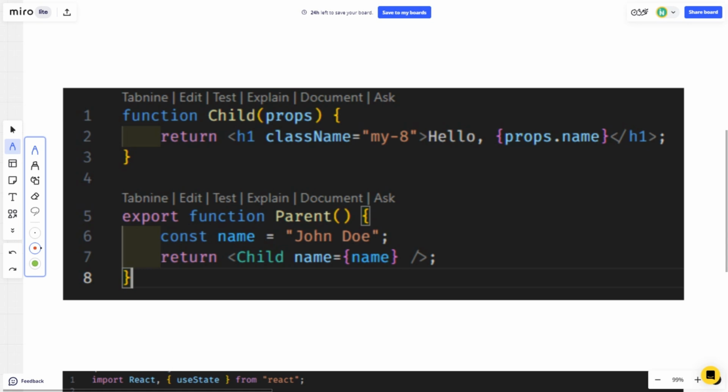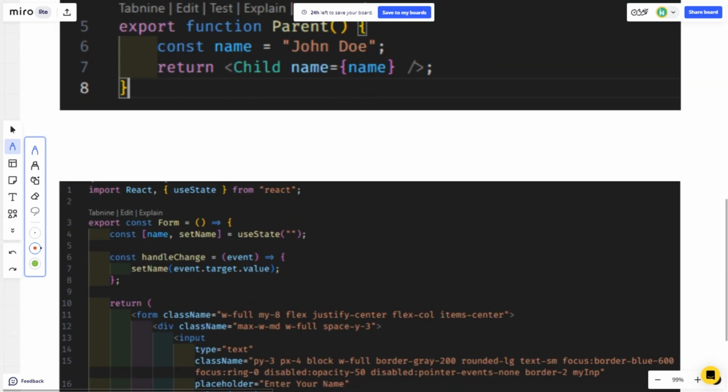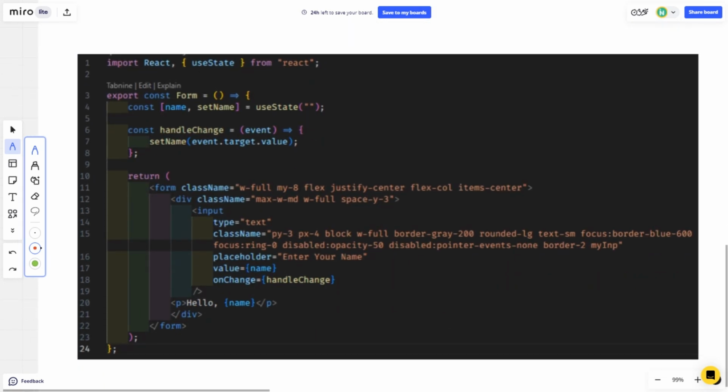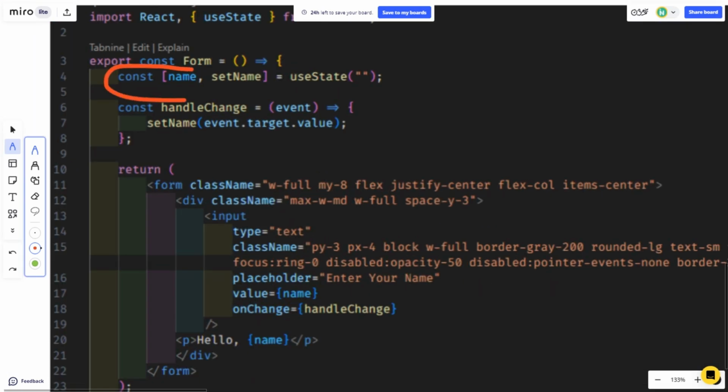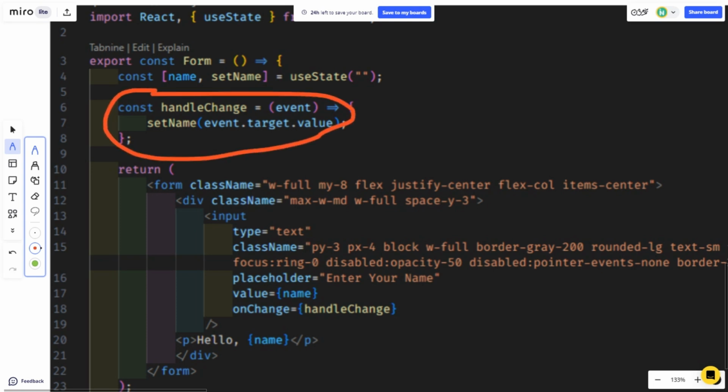I think you are able to see the state in this image clearly. This is the state, this variable will hold the value of state, and this function will be used to update the state anytime, anywhere. As you can see, I created this function using that state function to handle and update the state name.